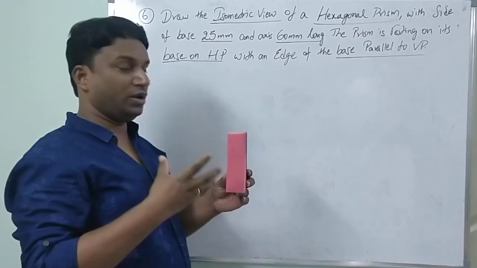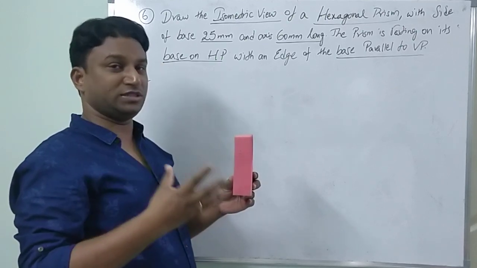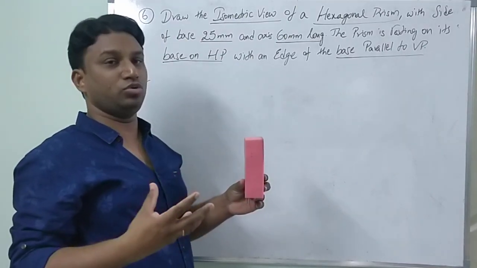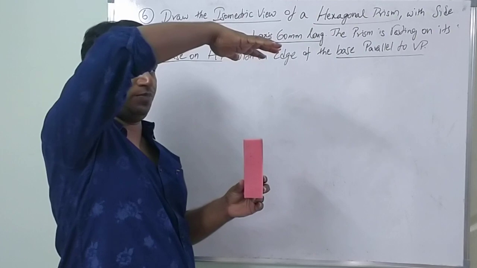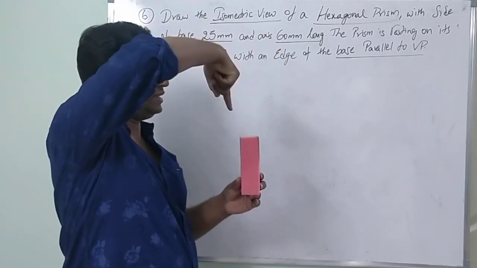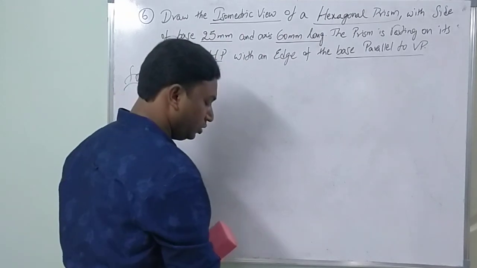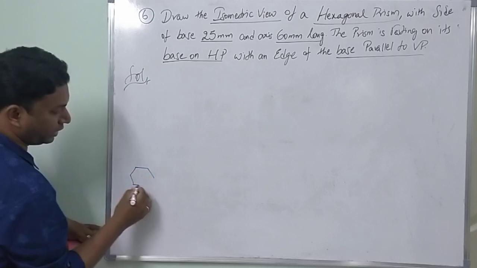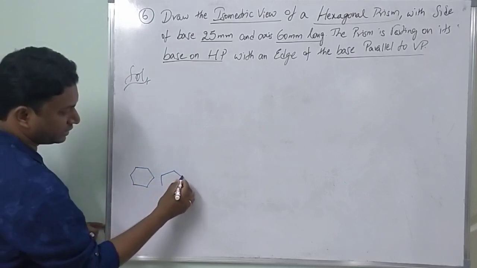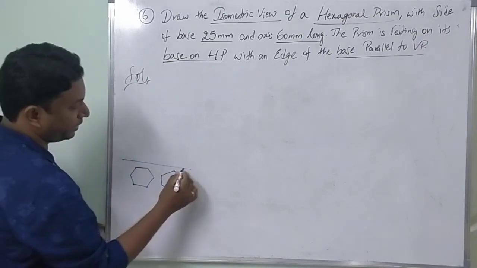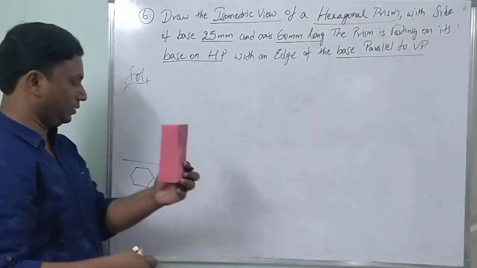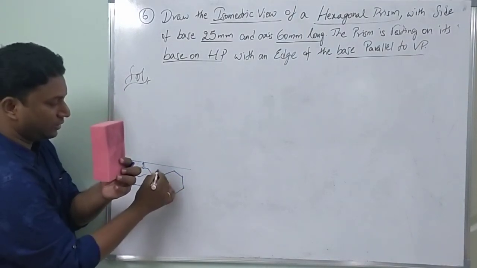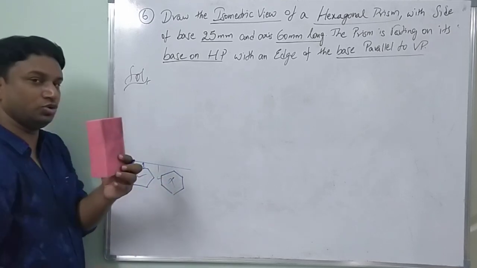Now, we are supposed to draw the hexagonal prism projections, front view and top view. The true shape of the hexagon can be viewed from the top. Now when you are looking from the top, one edge is parallel to VP. Now there are two conditions you can have: this is one type of hexagon and this is another type of hexagon. With respect to VP, here the edge is parallel. This is the right one. Here the edge is perpendicular. This is the wrong one. We are supposed to use the right one.